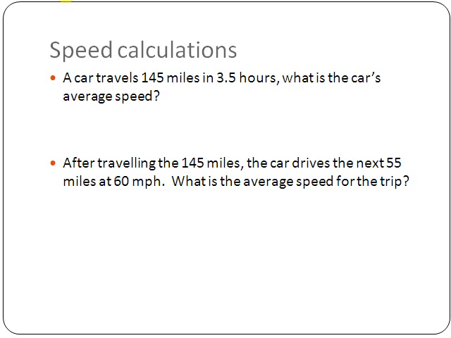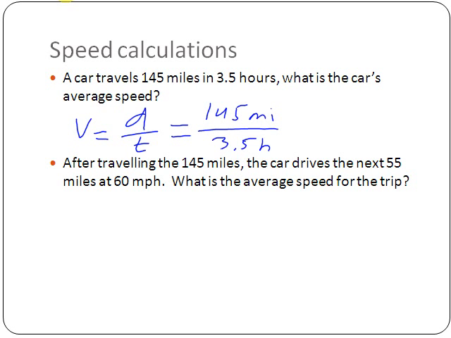So let's start off with a basic question. A car travels 145 miles in 3.5 hours. The question is, what is the car's average speed? In this case, we know that our equation is that speed is equal to distance, or displacement, over time. The distance it travels is 145 miles over the time, which is 3.5 hours. Once again, take out your calculators, and we would say 145 miles divided by 3.5 hours gives us a speed of